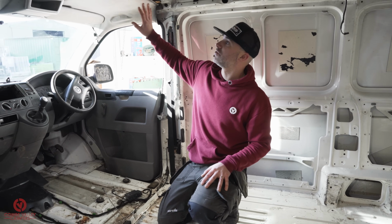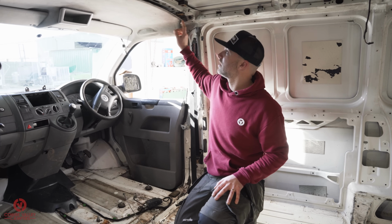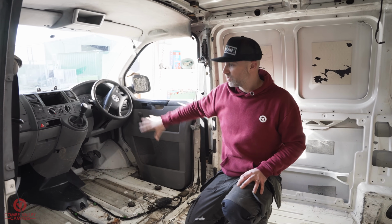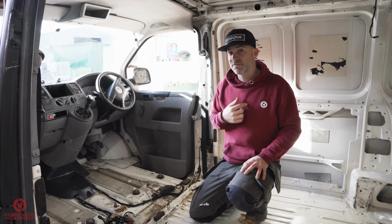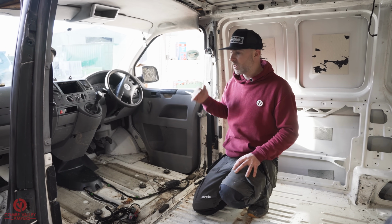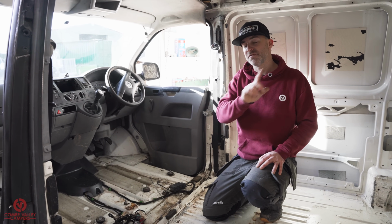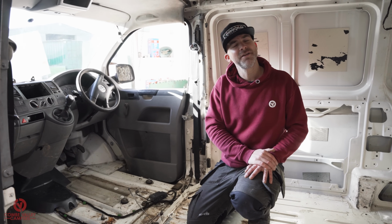We're going to continue by removing the last bits out of the cab because, quite frankly, I don't want to look at this or even clean it because it's disgusting. And then we're going to use a steam cleaner to continue, or at least make this nice, because quite frankly I can live in my own dirt, but I can't live in this because it's just disgusting. So using a steam cleaner, we're going to be going around the metalwork of the van, the dash parts, the steering wheel and everything else, and then we're going to finish off by fitting a brand new, no, they're good